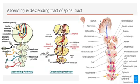Okay, now what is a tract? This is very important. A tract is a collection of nerve fibers within the central nervous system which have the same origin, course, and termination. Let's discuss the ascending and descending tracts of the spinal cord. The ascending tracts of the spinal cord conduct impulses from outside or inside of the body to the brain through the spinal cord. The ascending tracts are